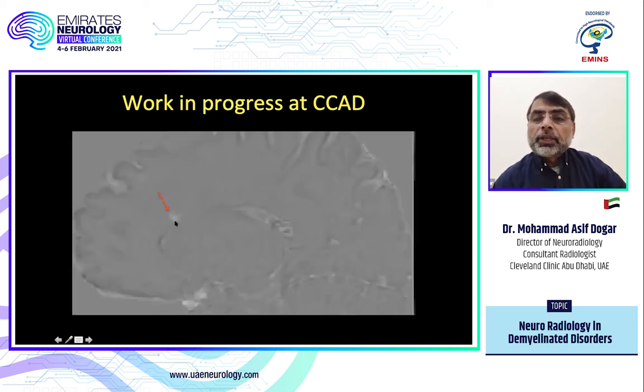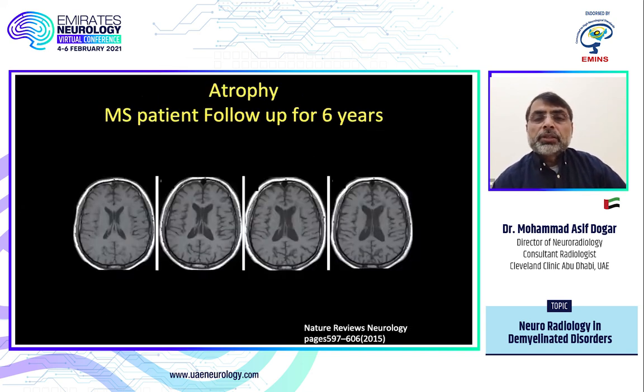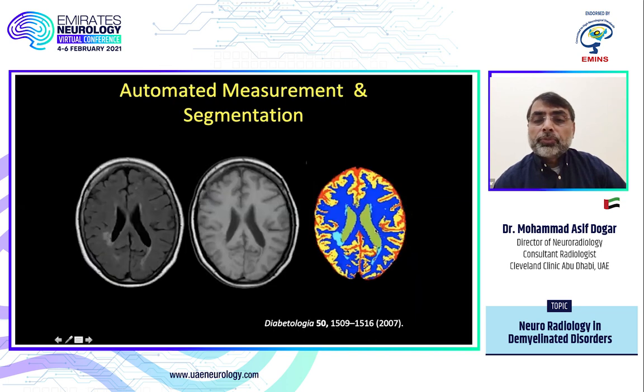So hopefully when we validate this software, we will provide anyone who wants this program so they can apply it at their own hospital. These are not fancy images, just regular FLAIR images, not 3D. And we just do the subtraction and you can see the progression. Other thing is, as you know, the MS patient develops atrophy. Like this is over the images of 6 years. If you have an automated program which can do the segmentation, this can tell you better, you can detect the volume loss early.